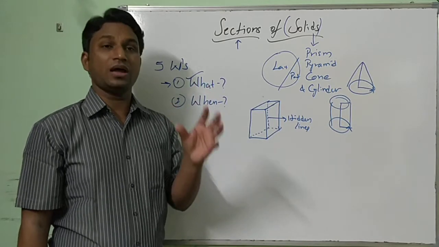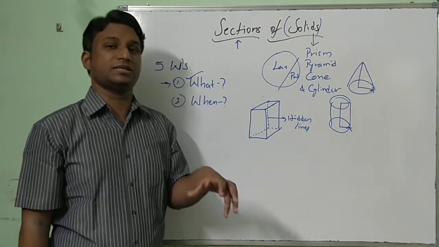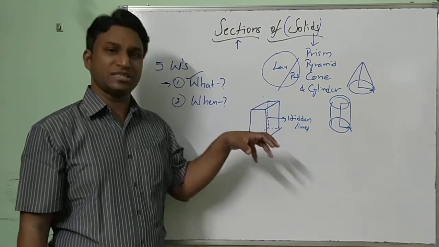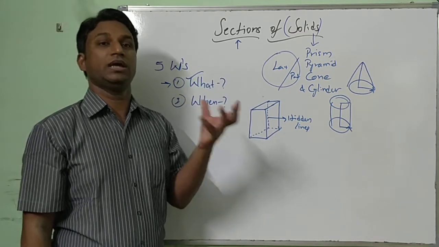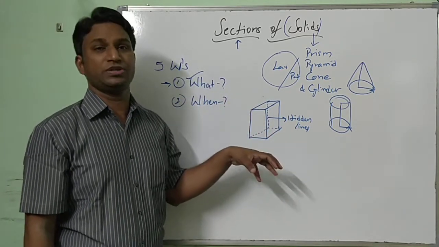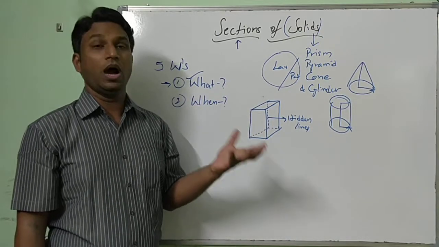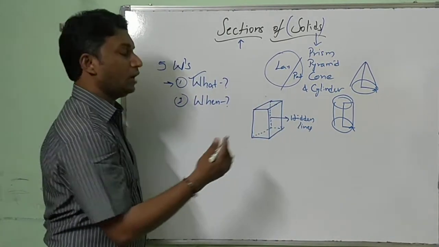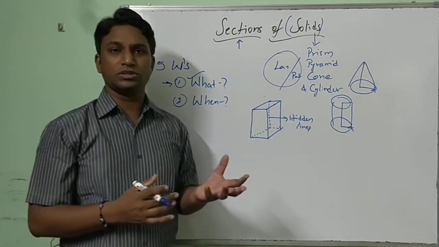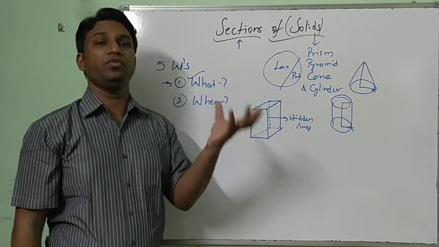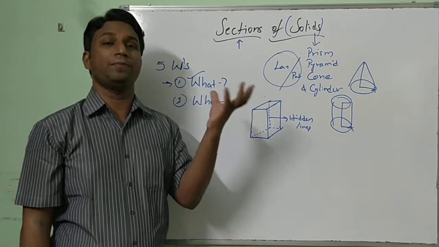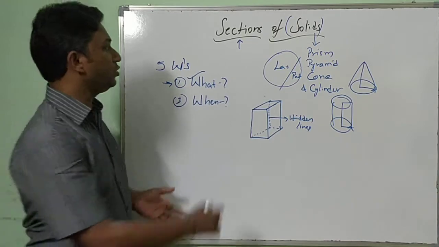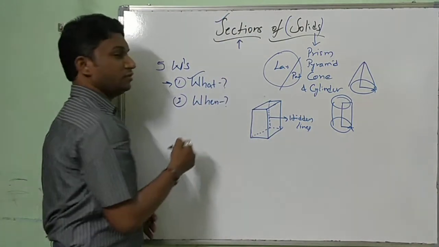But there will be some parts where we need to give more detail about that part which is inside of the object. You got that point? There are some parts inside of an object where we need to give more detail. How you can give detail is by cutting it or by sectioning it. When we have to give more details of the parts which are inside, not backside, inside of an object, then we go for the concept of sections of solids.